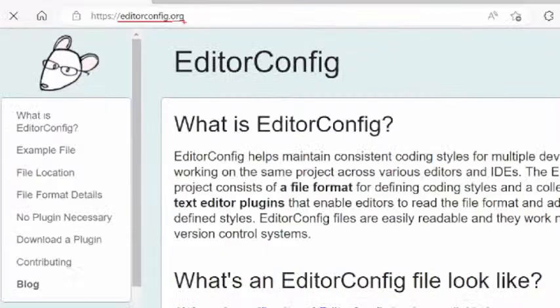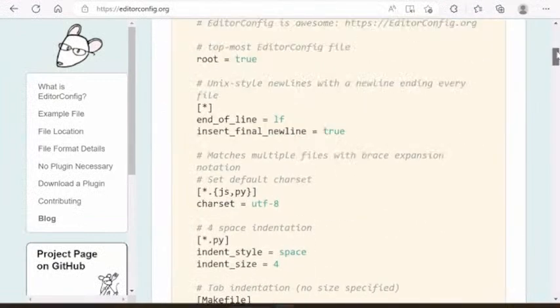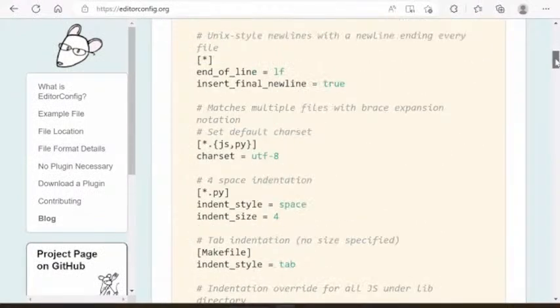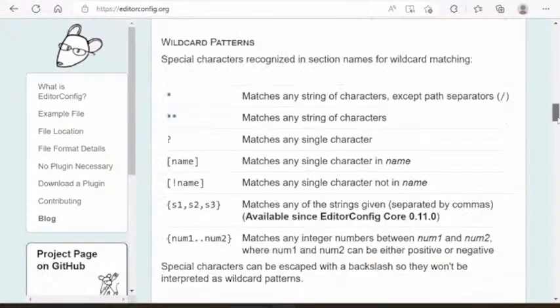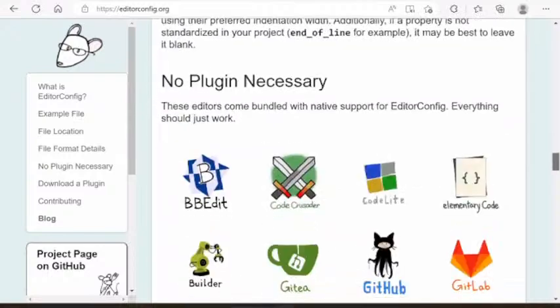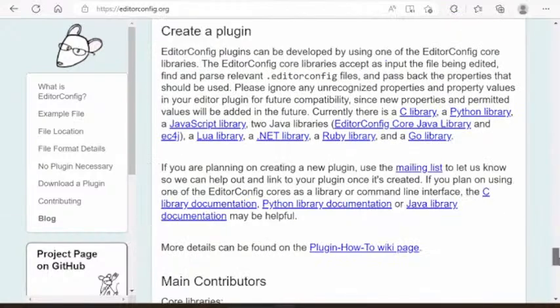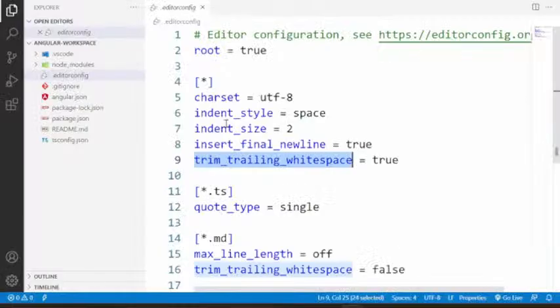Here you can see all the rules and related information mentioned. According to that, we have to define. Later we will learn how to put some more rules into this, how to set our own rules, how to change the rules.